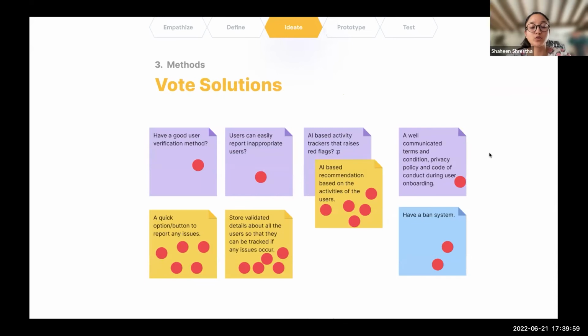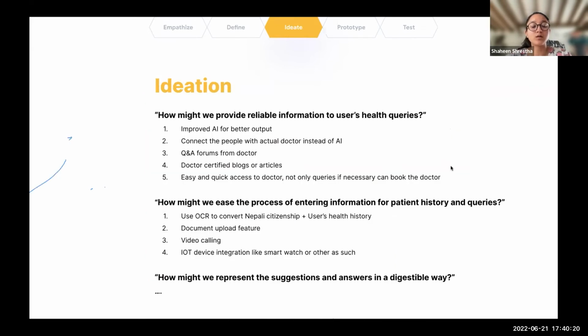Then we vote for the solution so now we have lots of ideas so as a team we sit and we vote for solutions so then the best solution gets picked and we move forward with that so now hamsanga problem pani bhayo hamsanga aba solution pani bhayo so now we have answers to our questions the problem statements that we formed paila we have answers to that